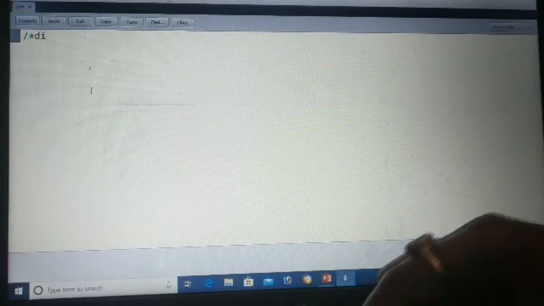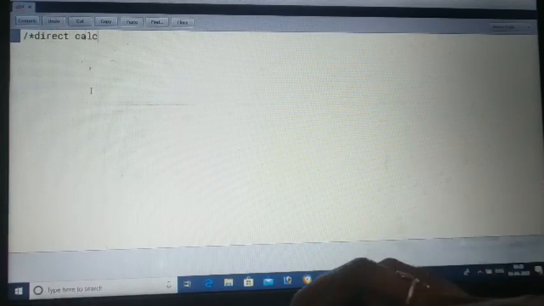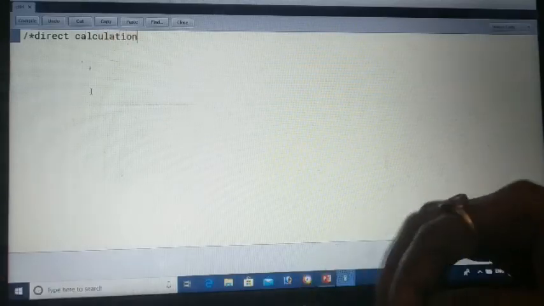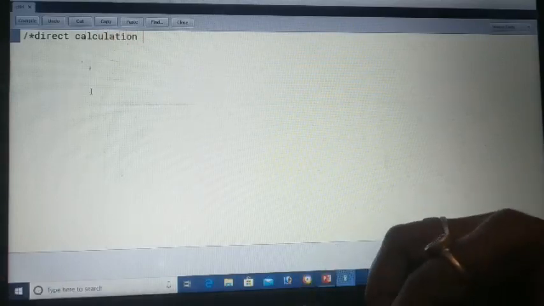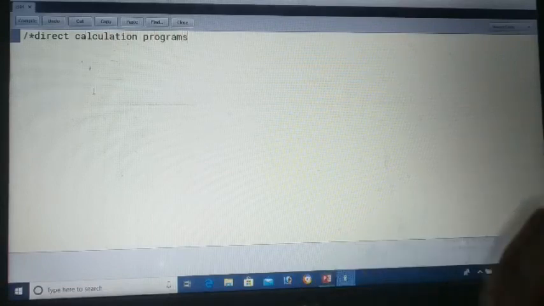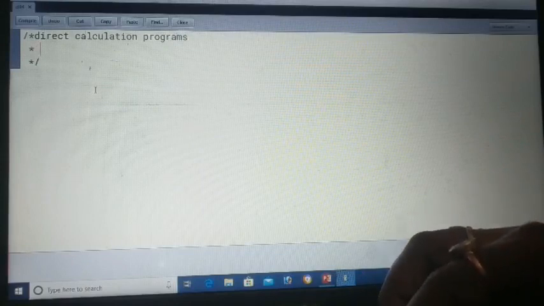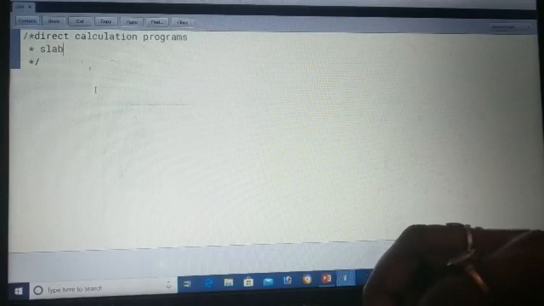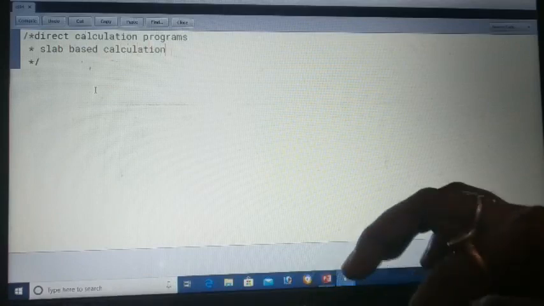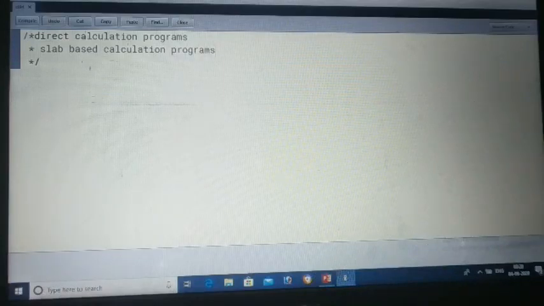One is direct calculation programs, and second is slab based calculation programs.